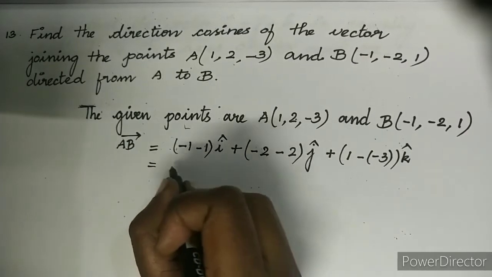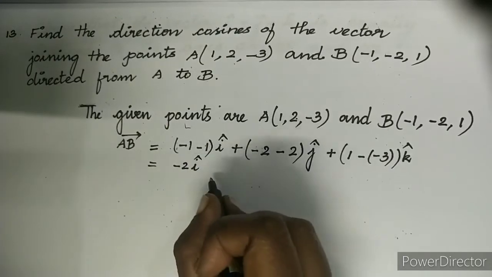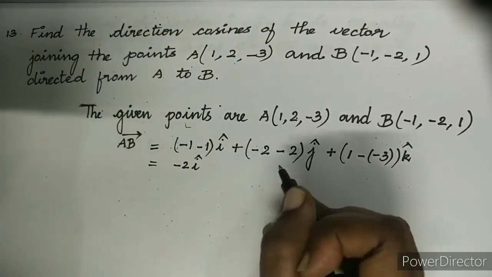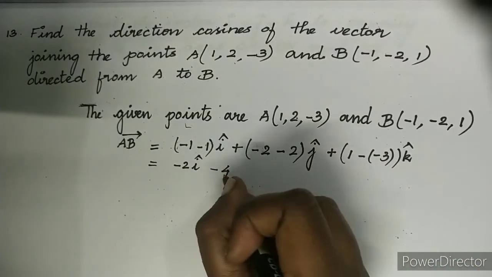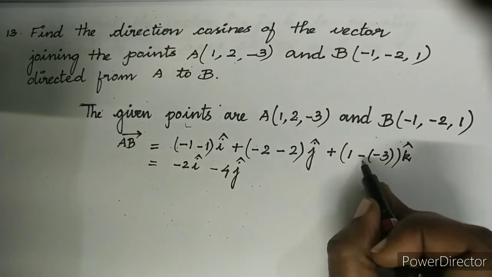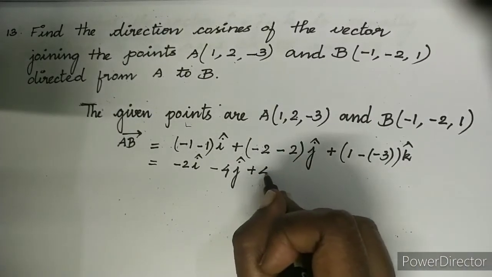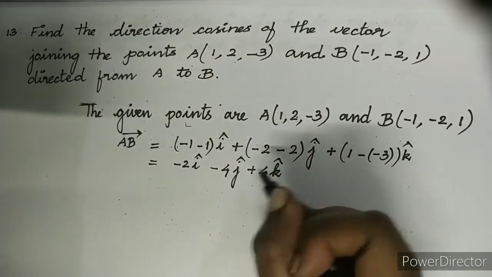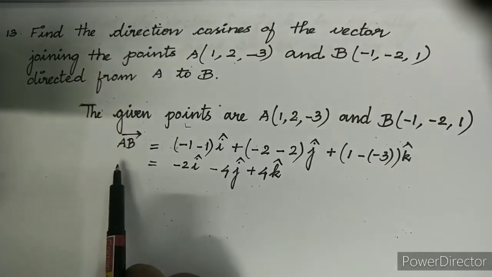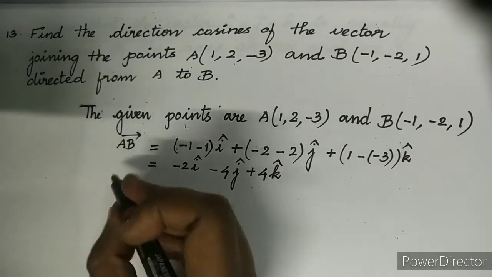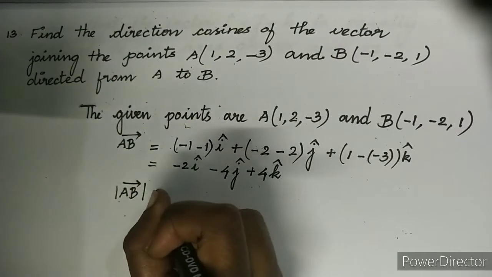So minus 1 minus 1 is minus 2, i cap is there, so minus 2 i cap, minus 2 minus 2 is minus 4 into j cap, and minus into minus is plus, so 1 plus 3 is 4, so plus 4 k cap. This is our AB vector. In order to find direction cosine, we have to find the magnitude of AB vector. So the magnitude of AB vector is nothing but root of